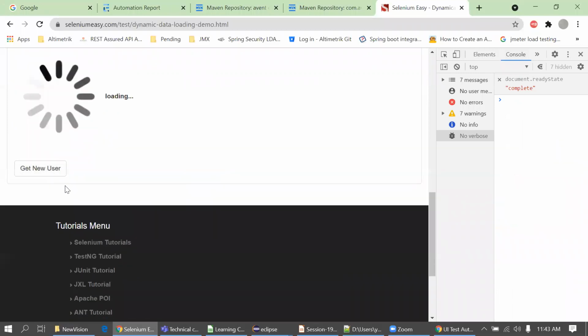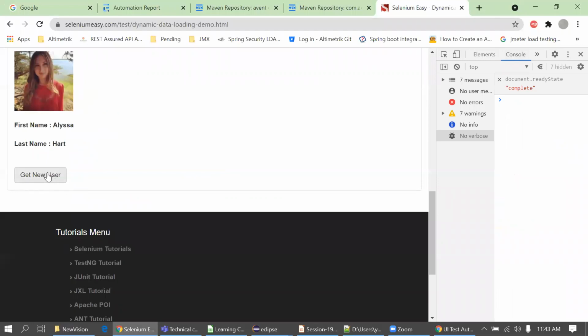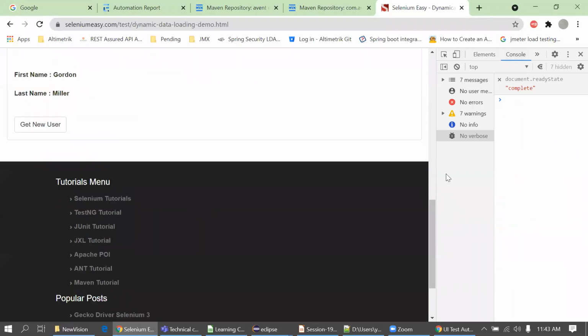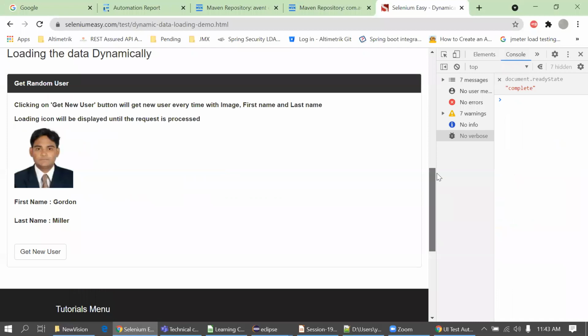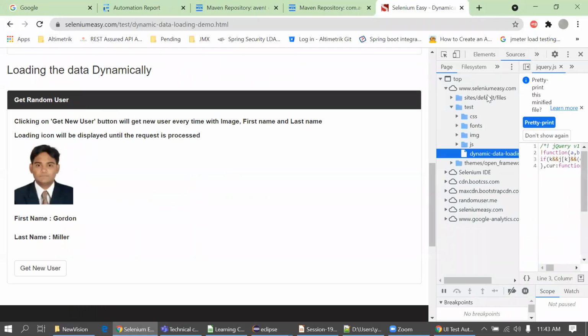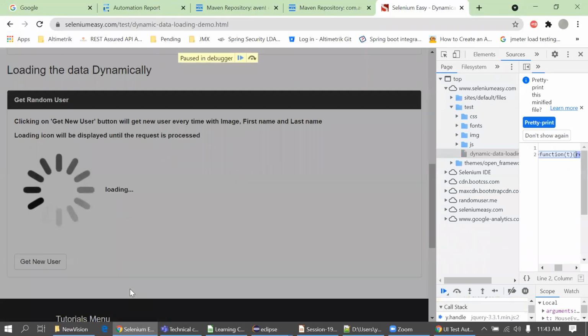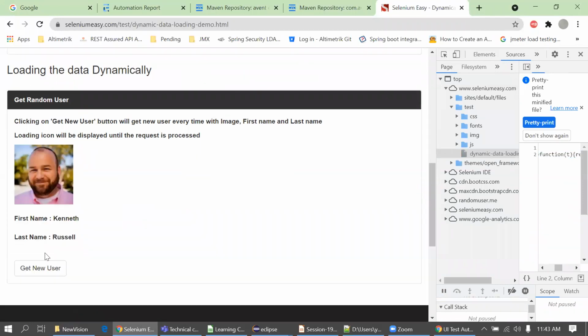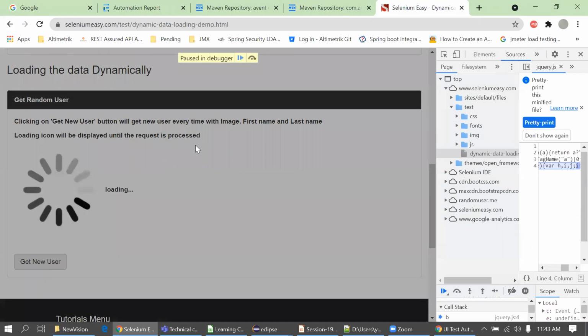I'm just again pressing F8. What's happening? It is not stopping. Let me try. I think it's the console only. Sources, right? Yes, sir. Okay, so yeah, it's paused. Let me try one more time. In sources, it's pausing. I was trying in elements, that's why it's not pausing.